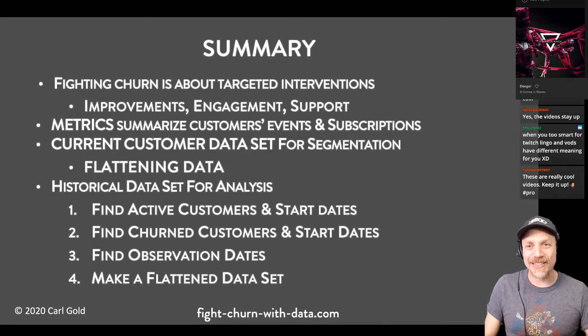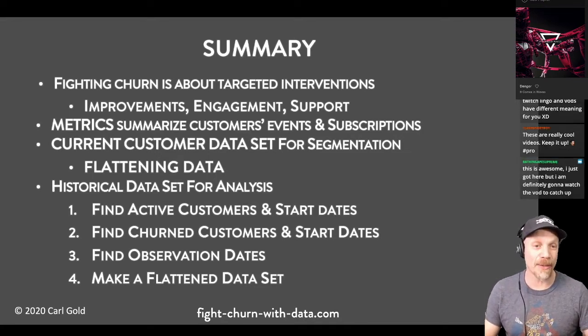So in today's analysis, we did all these historical data set steps. Pretty complicated: finding active customers, finding churn customers, finding the observation dates, and flattening the data set. These are all the steps that you have to do as a professional data scientist. No one gives you your data set. In your classes, you get used to a data set just dropped in your lap, like, here are your columns and here are the rows. That takes out some of the most interesting work as a data scientist, where you're deciding what the features are going to be. I think that's the most interesting part of data science.